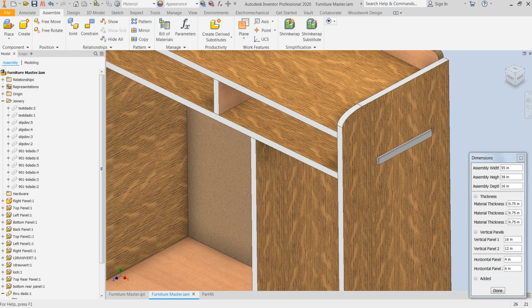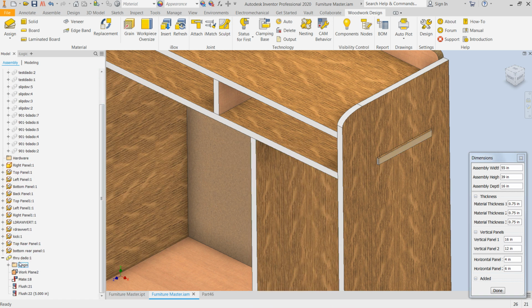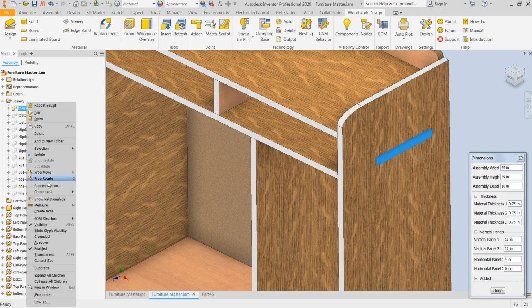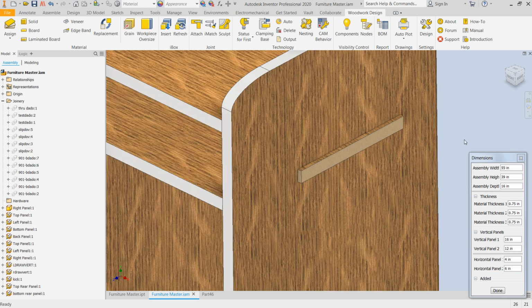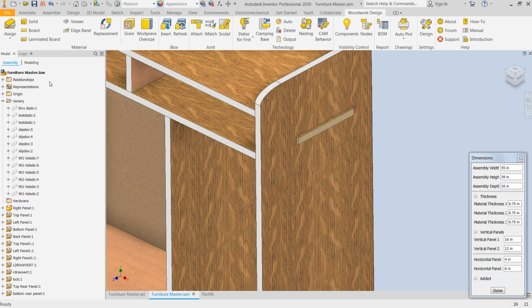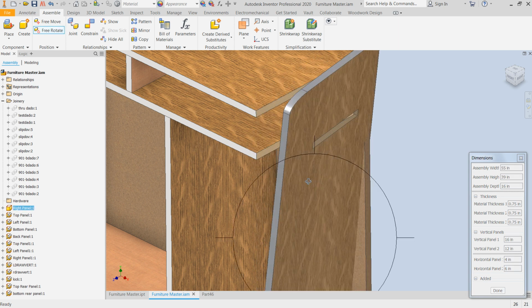Let's see how this works. So I'll sculpt. Pick OK. And I'll take the through dado, put it into joinery, and turn it off. Let's rotate this and check it out, okay? So we'll go into a free rotate, take that board,